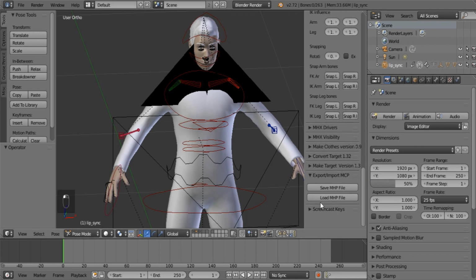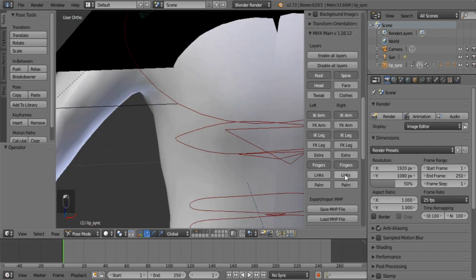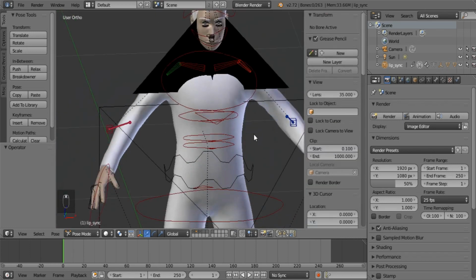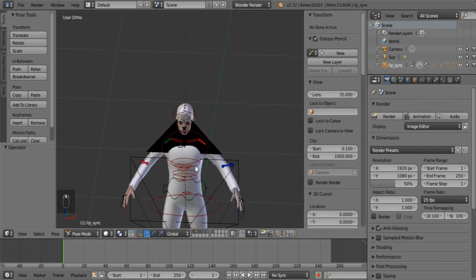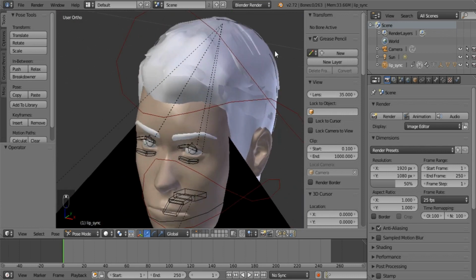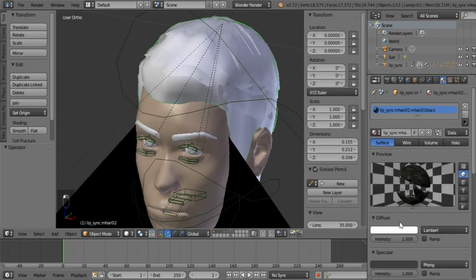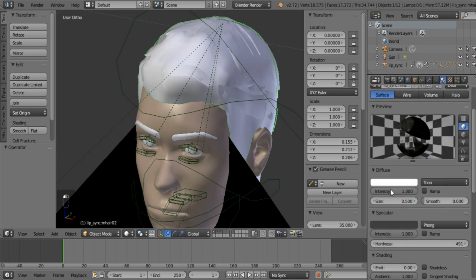Let's just turn on screencast keys so you guys can follow along. Now I am just going to give him basic toon shaded materials just so we can actually get this going. Because this tutorial is not about modeling, it is about the lip syncing aspect of it, so we just need to run through this. Basically I use toon shading